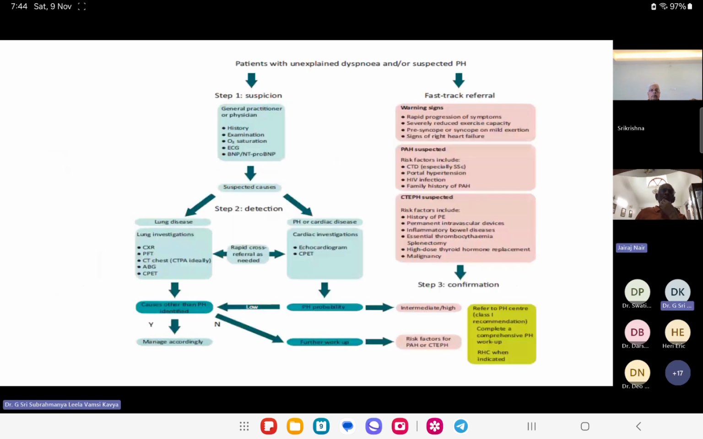This is an algorithm depicting the evaluation of PH. And in fast track referral, the warning signs are rapid progression of symptoms, severely reduced exercise capacity, pre-syncope or syncope on mild exertion, signs of right heart failure, and